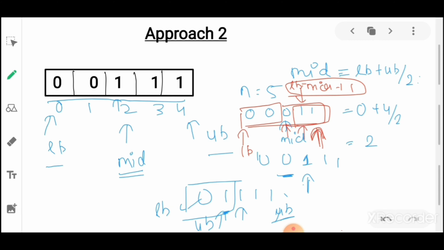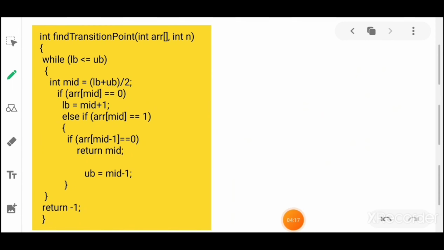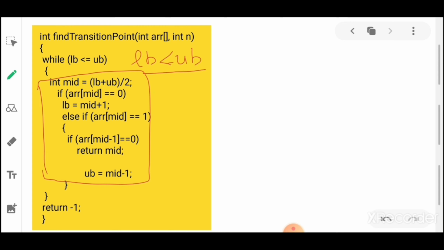Let's see the pseudocode of this approach. This is the pseudocode of the approach that we have discussed using binary search. Our whole code will lie inside this while loop, where we check that our lower bound should always be less than or equal to our upper bound. That's the condition.